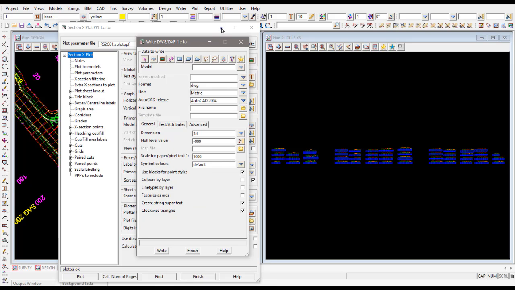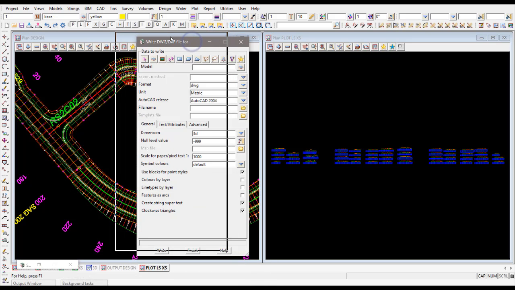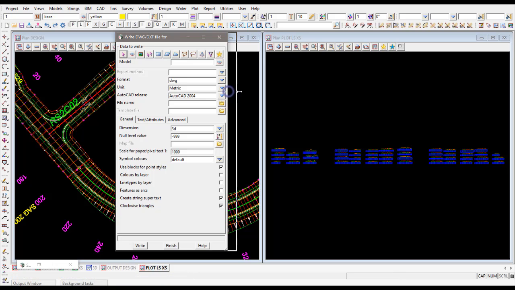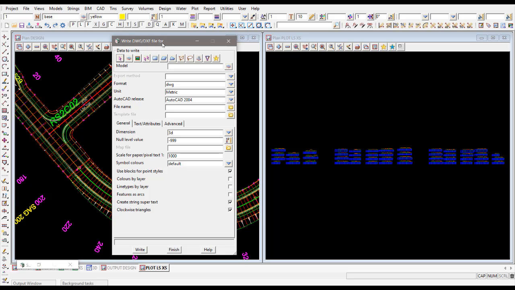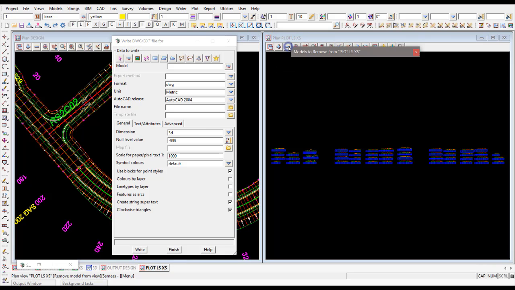So I'm just going to minimize my cross-section plotting panel. That's the panel that comes up when we want to export from 12D into a DWG file. The first thing I want to do is add the cross-section model that I want to plot, and that's this model here. So I can pick that model there,